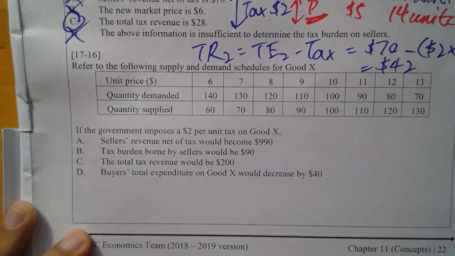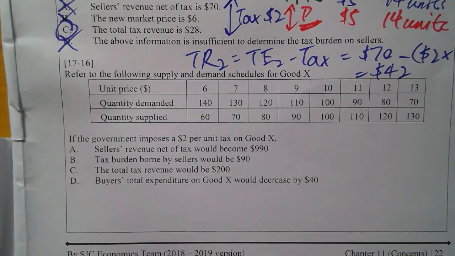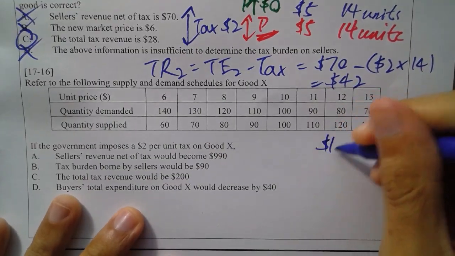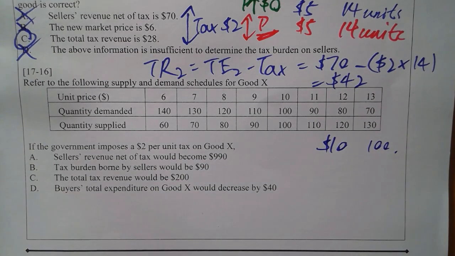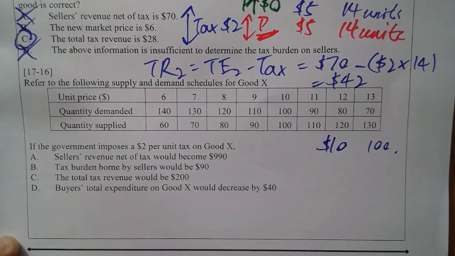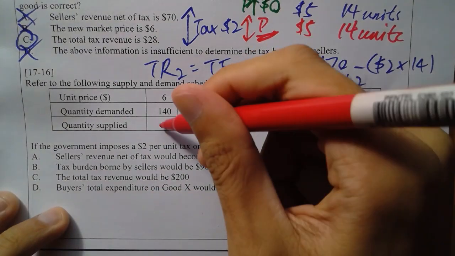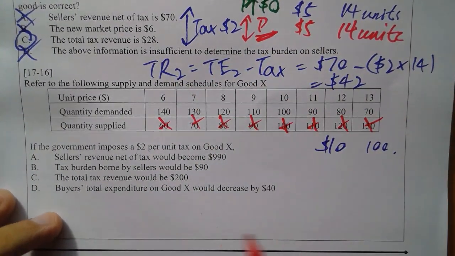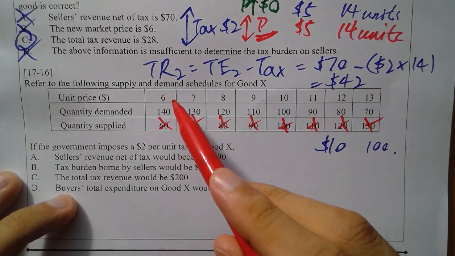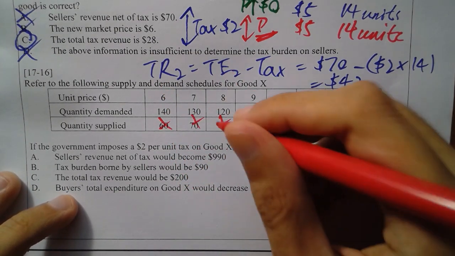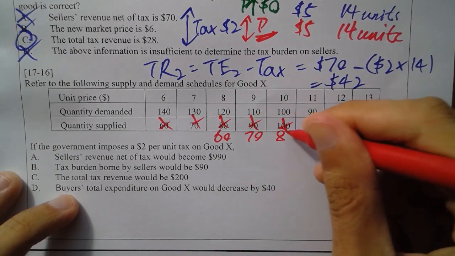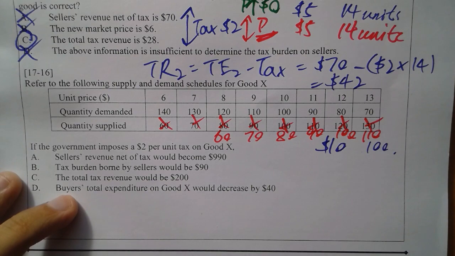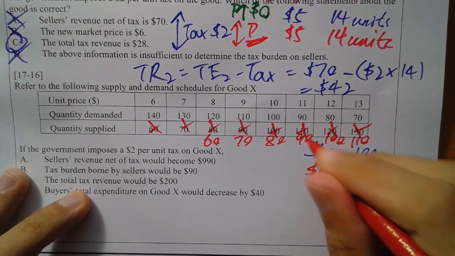Okay, one more concrete figure example. Okay, now here, mark it down. Original, $10, 100 units. Impose a $2 per unit tax. So, cross them all out. And do the new. Now, original $6, 60 units. Now, we need $2 extra. Okay, 80, 90, 100, 110, right? So, the new situation, $11